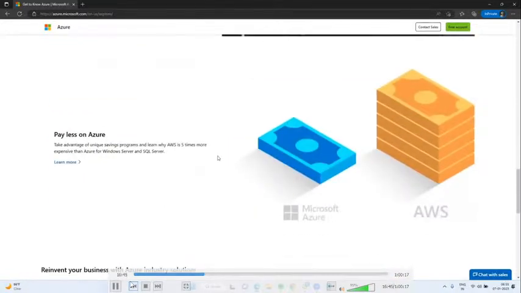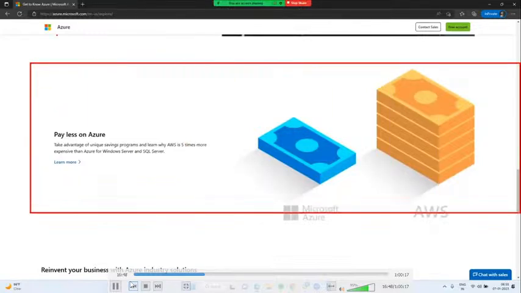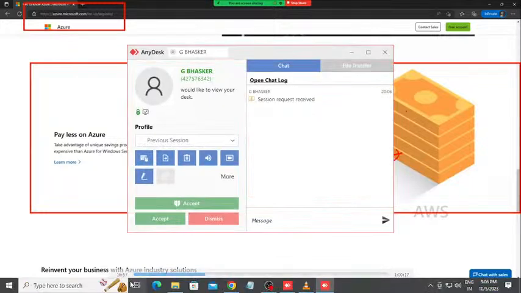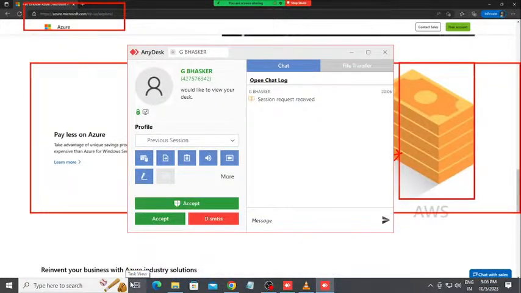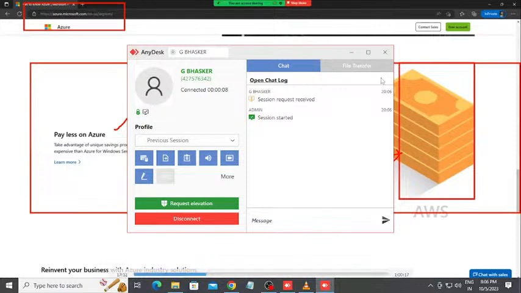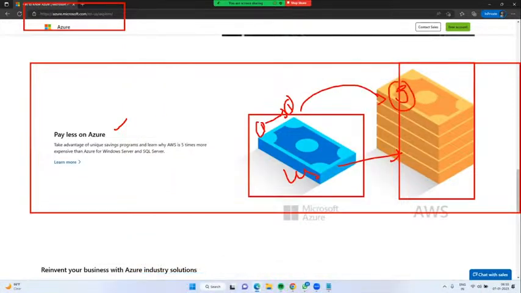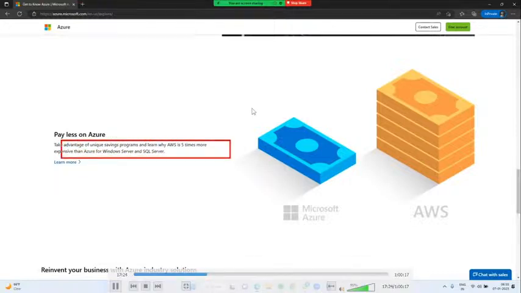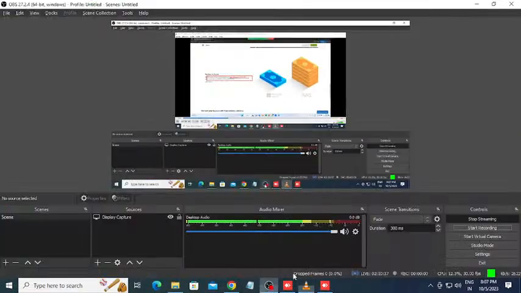Next, why Microsoft Azure, why not AWS? They have provided a direct statement. This is the Microsoft official site. Why Azure, why not AWS? See, Azure is less cost compared to AWS. If one service costs ₹1 in Azure, the same service in AWS is 5 times more expensive than Azure. Take advantage of the unique saving program and learn why AWS is more than 5 times